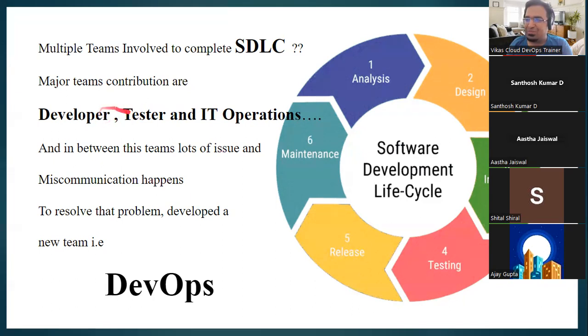So who will fix the middle part? DevOps comes into the picture. If any miscommunication or problem happens in these teams, developers have their own attitude. IT people work the night shift while developers work the day shift. Developers are sitting in India while the IT operation team is sitting in the US. They are not able to talk with each other, and their problems keep increasing. All those problems have to be solved by the new team called DevOps. Clear? Digestible? All good?